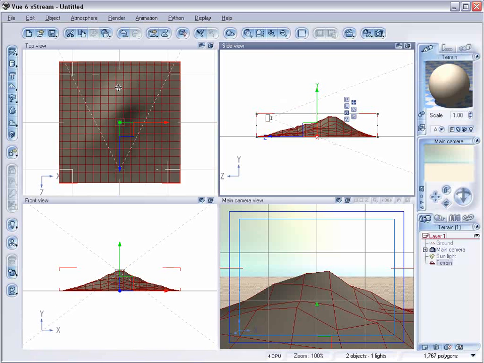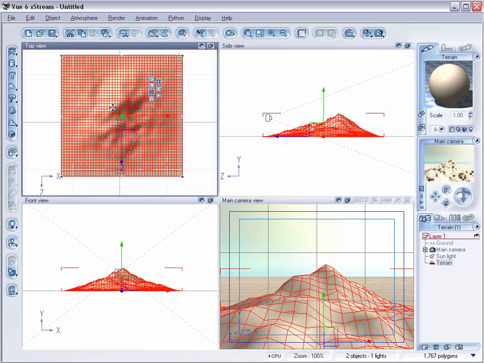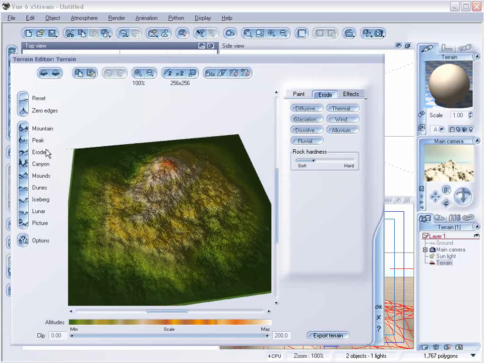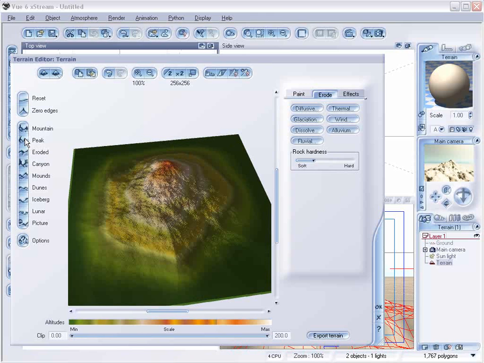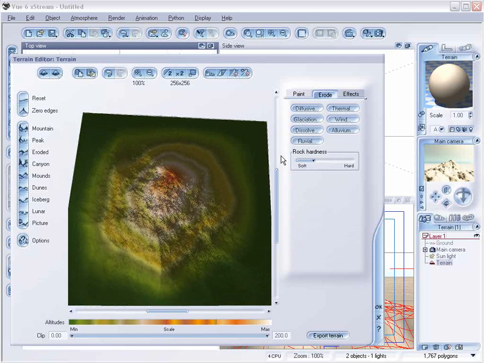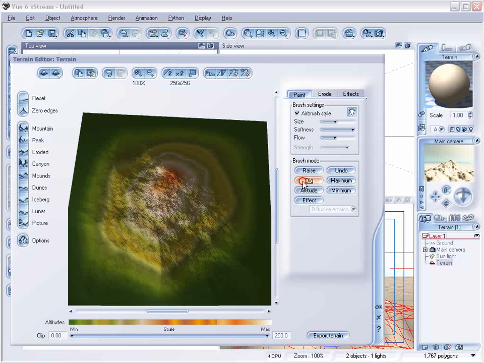Next we're going to create a normal terrain. And let's right click and edit object. And let's click on peaks. Now we're going to use our paint tool and use the dig tool, and we're just going to dig the peak right off and just make it a